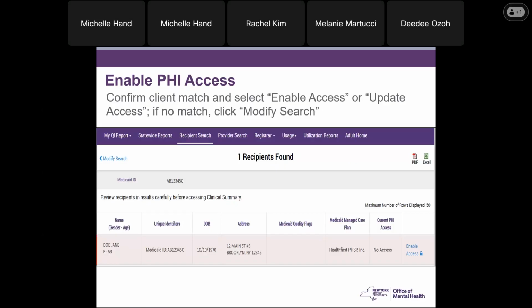After searching for the client, you'll be brought to the results page, and here's where you can confirm that the client listed is a correct match. And you can also view their current PHI access level here. So if you look to the far right, the current PHI access column currently says no access. So we're not able to drill into this person's clinical summary because maybe we haven't served them in the past 9 months, or maybe we have served them in the past 9 months, but they don't have any applicable quality flags showing. So next you would click Enable Access on the far right,